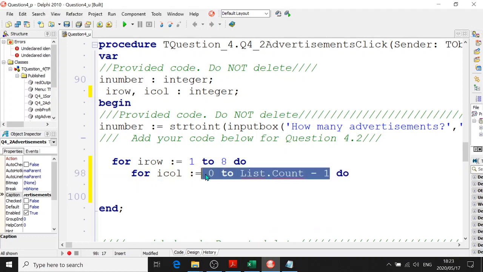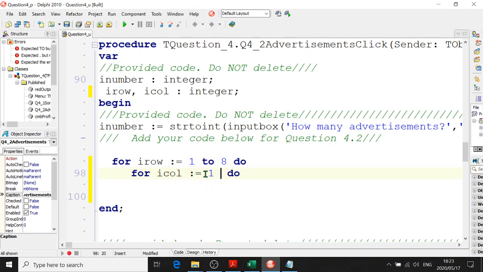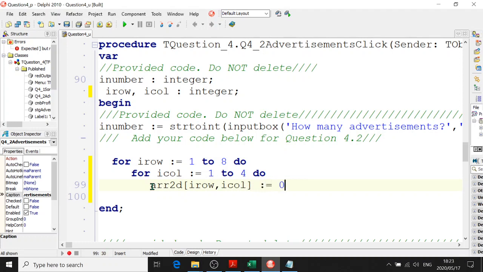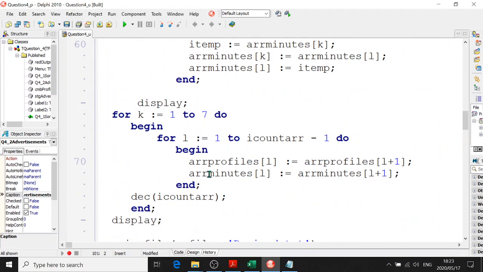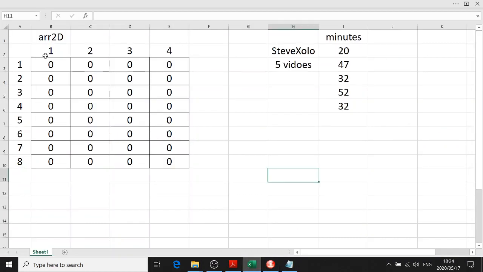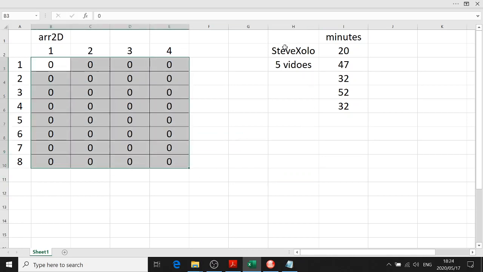It's very simple. 3 marks here, I think. And then we're going to say ARR 2D square brackets iRow comma iCol equals 0. There we've initialized the 2D array with zeros. Easy enough, eh? Now we have to go through ARR profiles. So what we've done so far is make our 2D array look like that. And we're going to find Steve